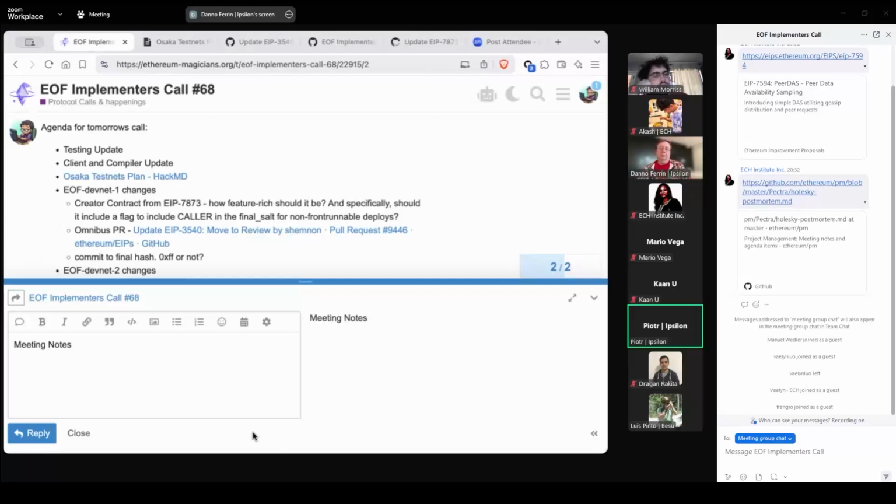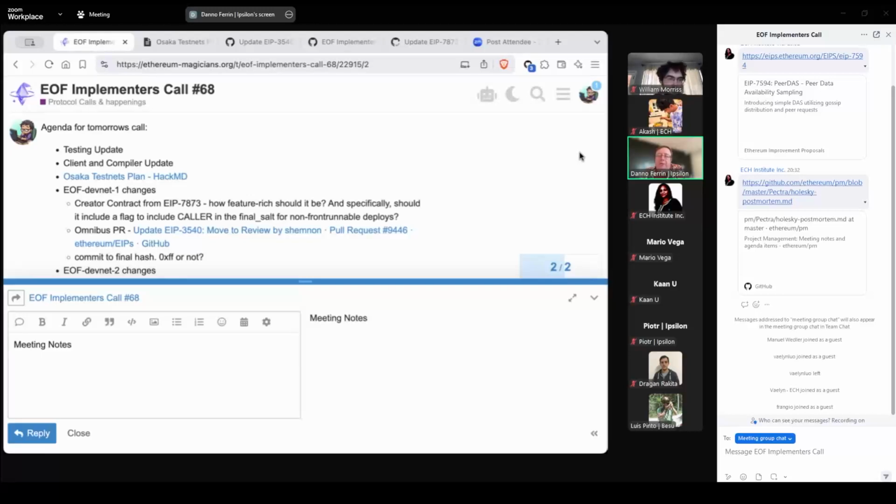I think that's it. Okay. We're all in the same room, so it's kind of a different experience. And I think that's all the clients that are on. We don't have anyone from Erigon or EthereumJS on the call, it looks like.